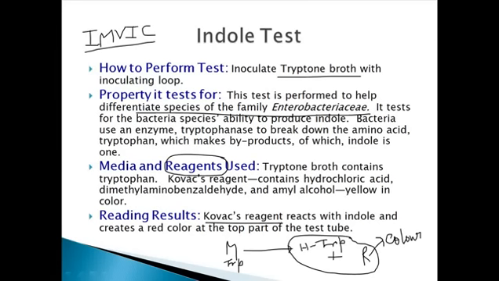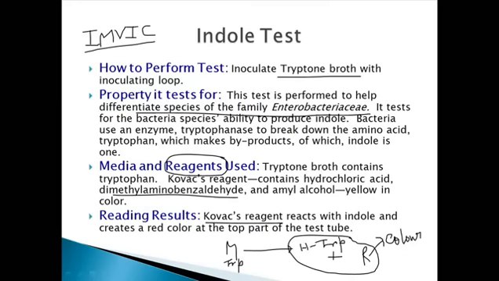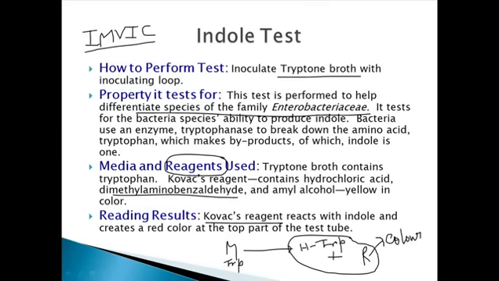I don't recommend remembering all the composition, but remember that Kovacs reagent is added. It is made up of hydrochloric acid and another chemical called dimethylaminobenzaldehyde, and amyl alcohol. This dimethylaminobenzaldehyde is a reagent which acts well in the presence of acid. That's why you give hydrochloric acid, and when it reacts with the hydrolyzed form of